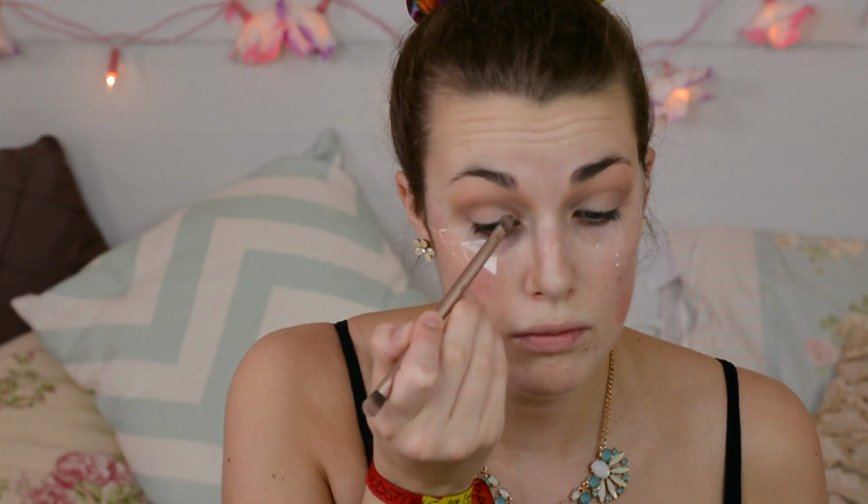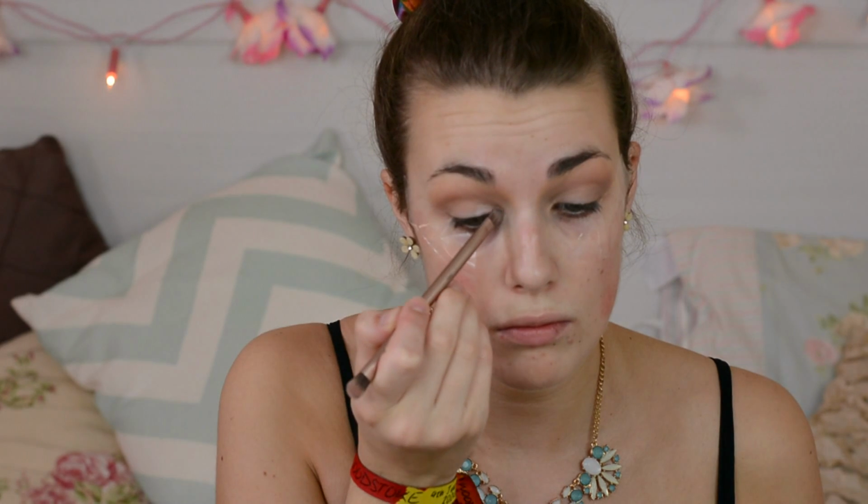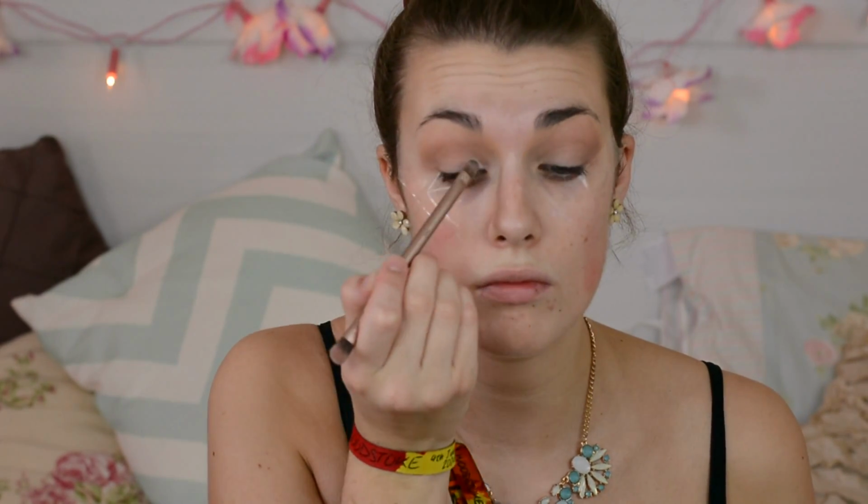Now I am taking Jest from MAC, and it's a really pretty champagne-y pinky colour, and I'm going to apply this on the inner half of my eye with a flat synthetic brush. And when I was looking at the pictures of the pageant girls, they all had super bright eyes. Even though they were using smoky eyes, they were still really nice and bright and looked very awake. So just packing this on and making it really opaque and just applying this to the inner half of the